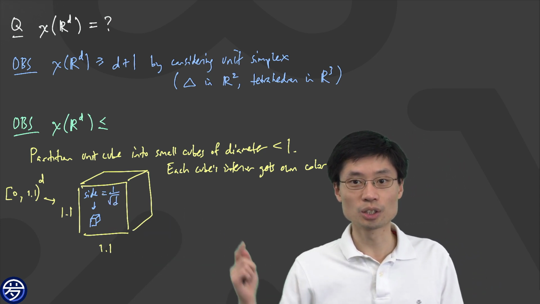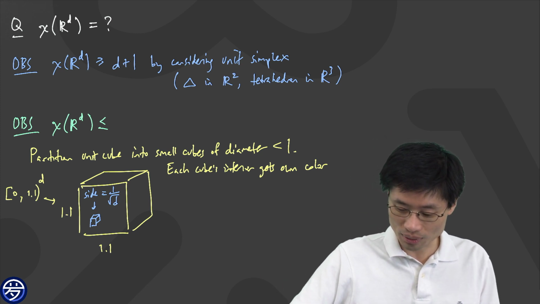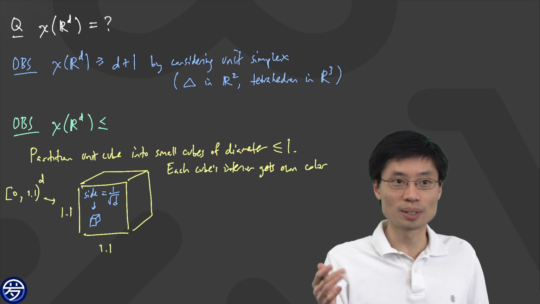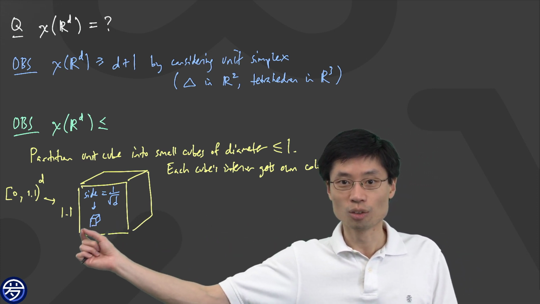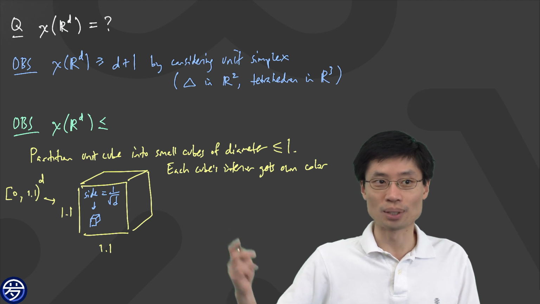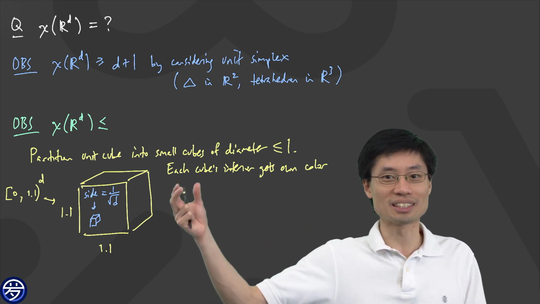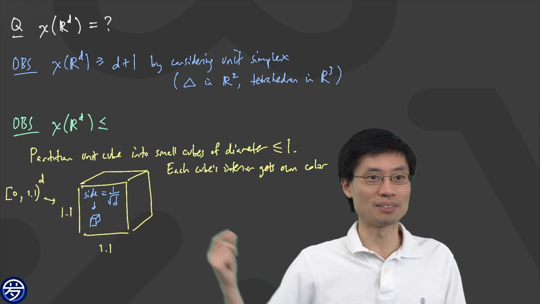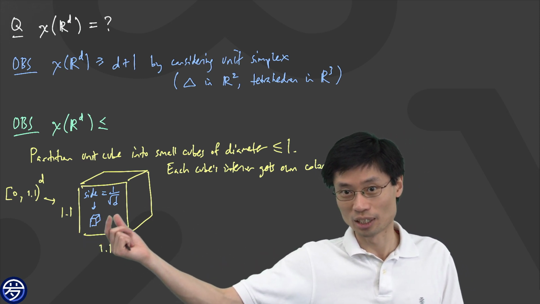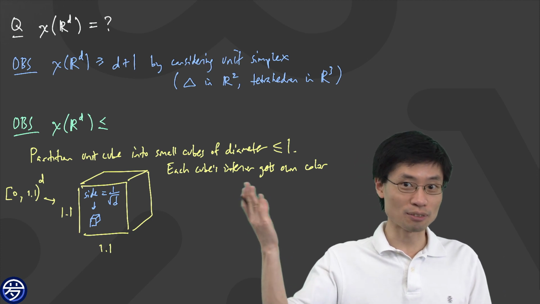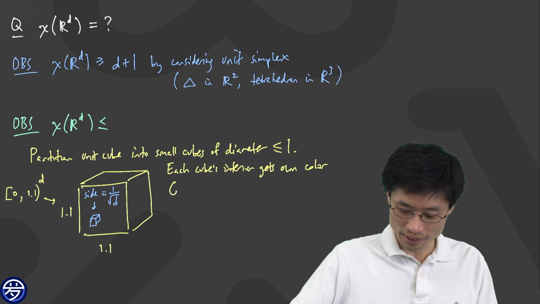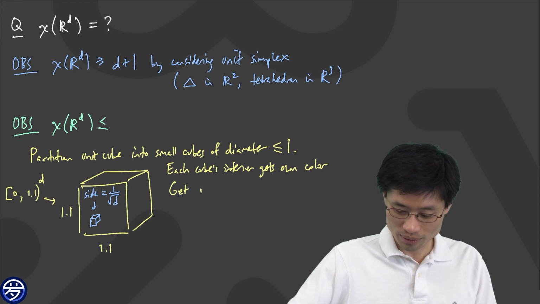Because if each of those cubes has, and let's not write less than 1, let's write less than or equal to 1. I can do these cubes with diameter less than or equal to 1 because I will not be able to take 1 point and the diametrically opposite point in the same color. That's already the next color. And it happens that the diagonal is square root of d times 1 of those side lengths. So I now have this as 1 over square root of d. And if I do this, if each one gets its own color, then the number of colors I use, I get, well, it's square root of d to the power d colors.